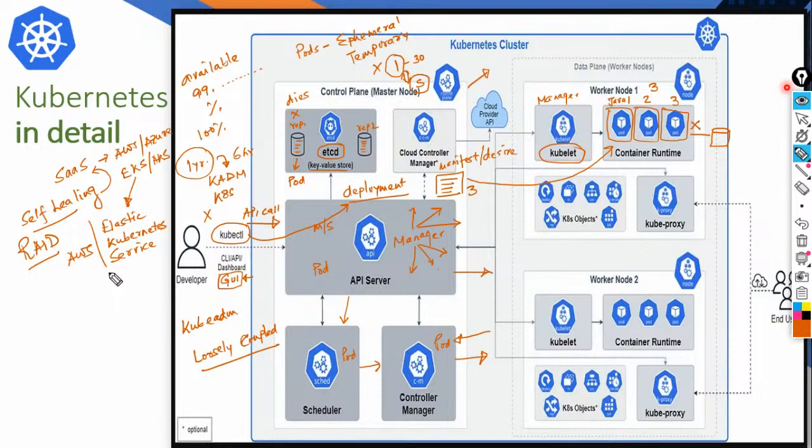But EKS, I do not demonstrate directly in our sessions, in our paid job-ready training, because for our students who have not yet got a job, it can cost. But yes, once you get a job and your company allows you to implement EKS, or AKS, which is Azure Kubernetes Service